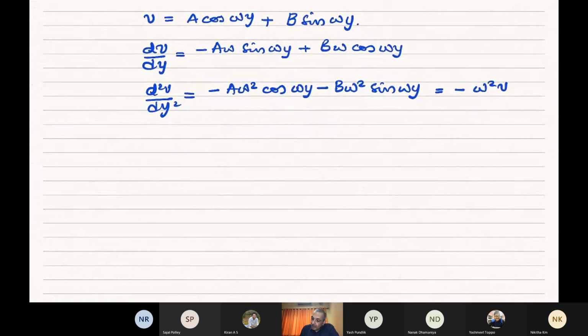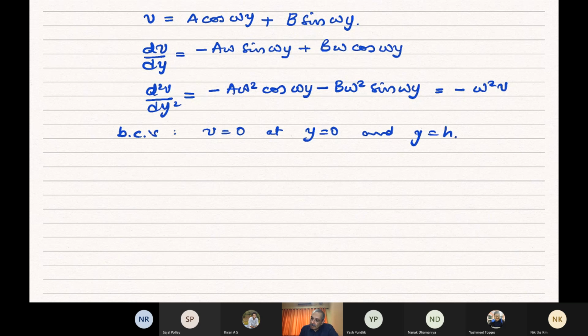So now we have to apply the boundary conditions to find out what a and b are. And here the boundary conditions, if you remember, are that v is equal to 0 at y equal to 0 and y